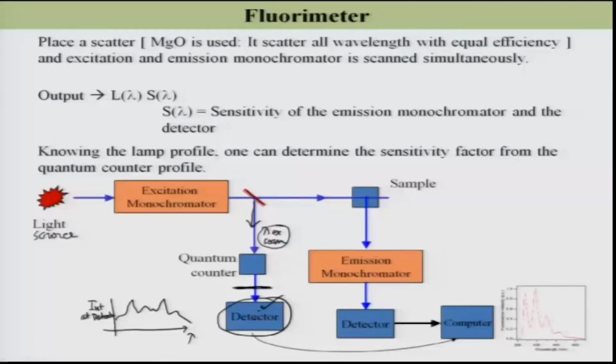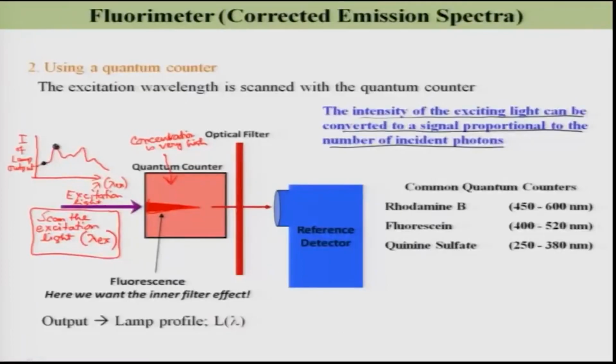I do not need to correct the detector response here. If I now measure the total emission coming out of this quantum counter as a function of lambda excitation, what I am going to get is this pattern, and this is nothing but the spectra